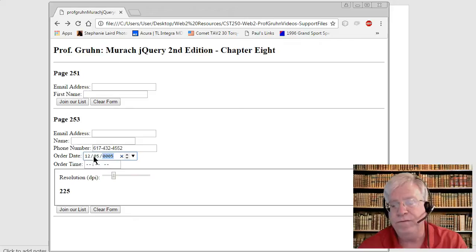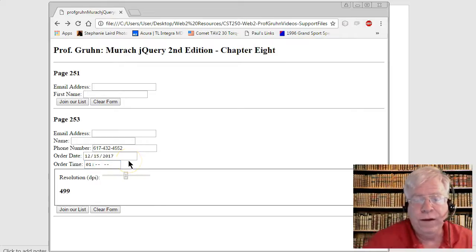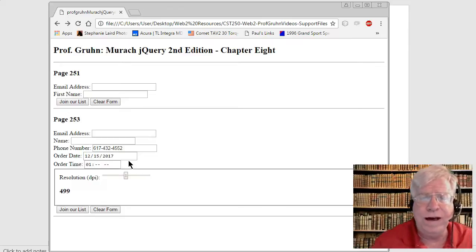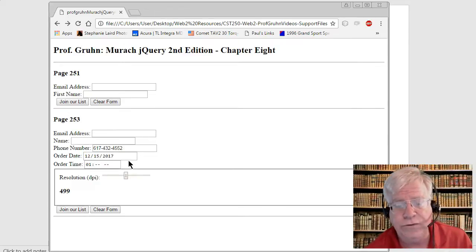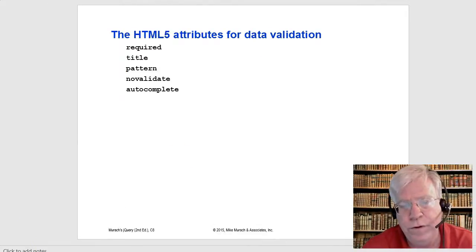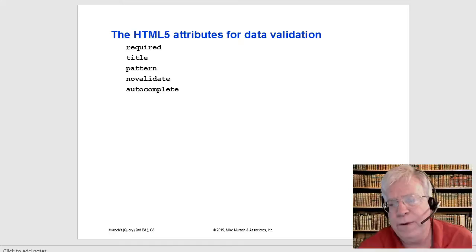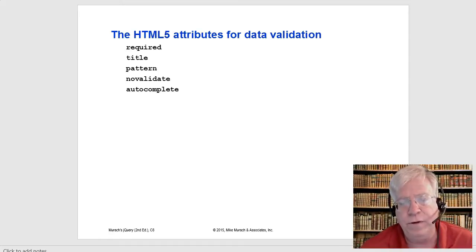I can't type in 55. So it's forcing us to have certain date validations, or here an automatic pop-up calendar, which is nice, and then the time. So there's some pretty cool elements within HTML5 that allow for some automatic validations as the user would type data in. Pages 254 and 255 now expand some of the HTML5 built-in attributes with required, title, pattern, novalidate,